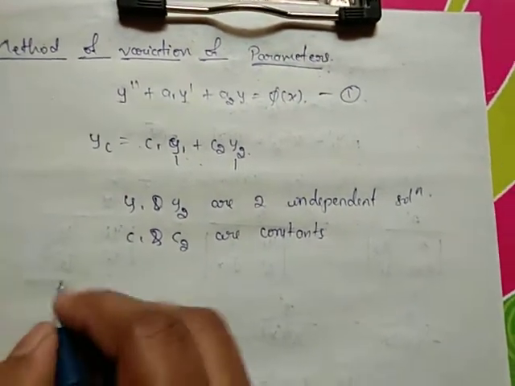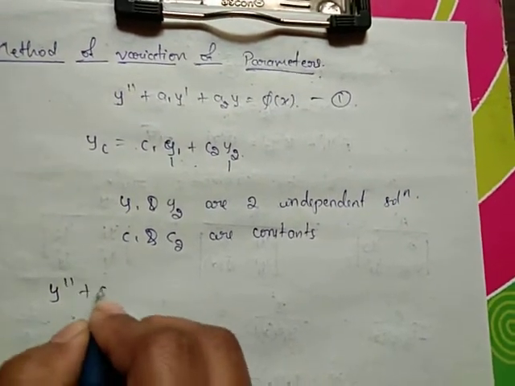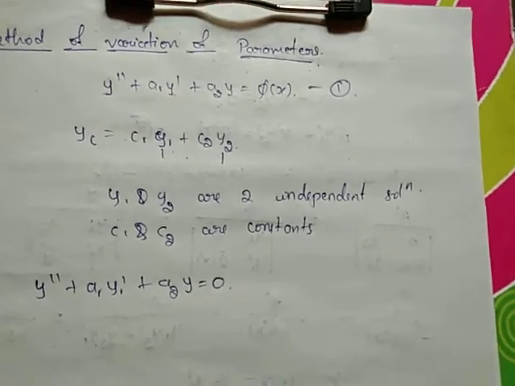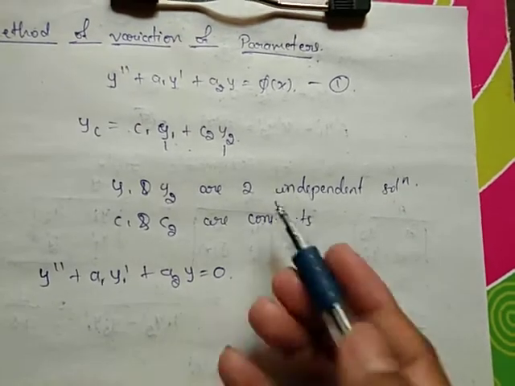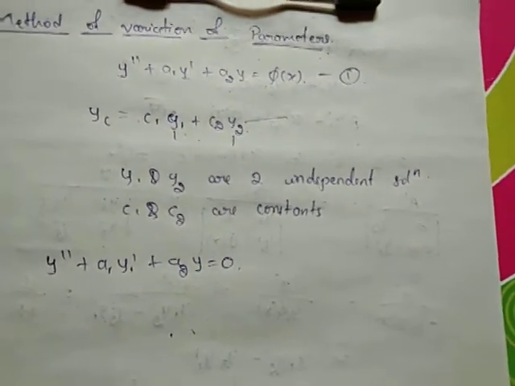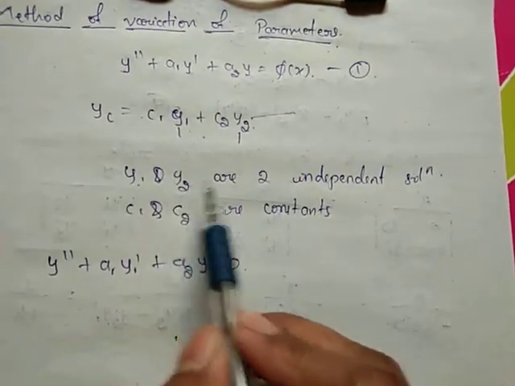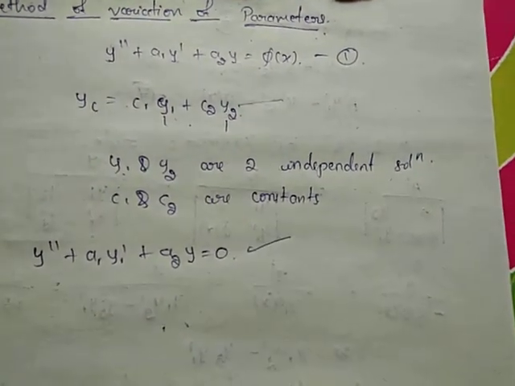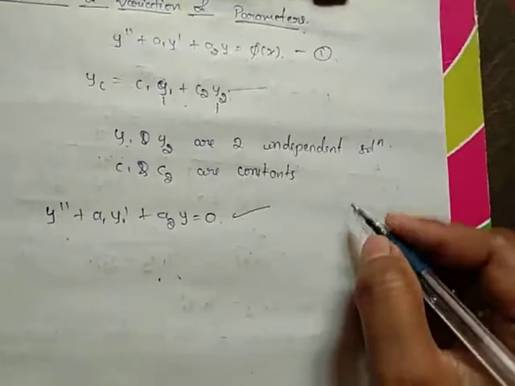So here I am taking an equation y double dash plus a1 y dash plus a2 y equals 0, and then we find the auxiliary equation, and then we find the complementary function. So here y1 and y2 are the two independent solutions of this equation. Then what is the condition? Suppose